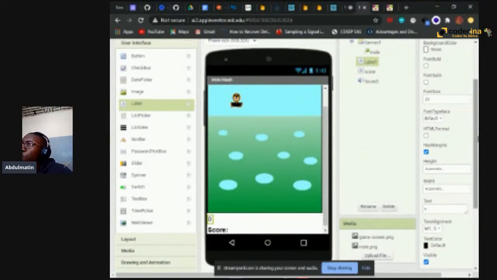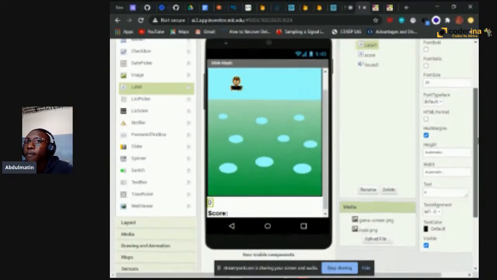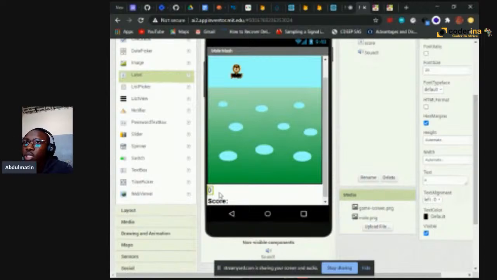So you all can just work with it. You can change the color also. I'm not changing the color right now, but you can change the color. So now the next thing to do is I want my score, this score text here, and this zero text here to be on the same line. So I don't want it to be like this, because you all know it's going to show score